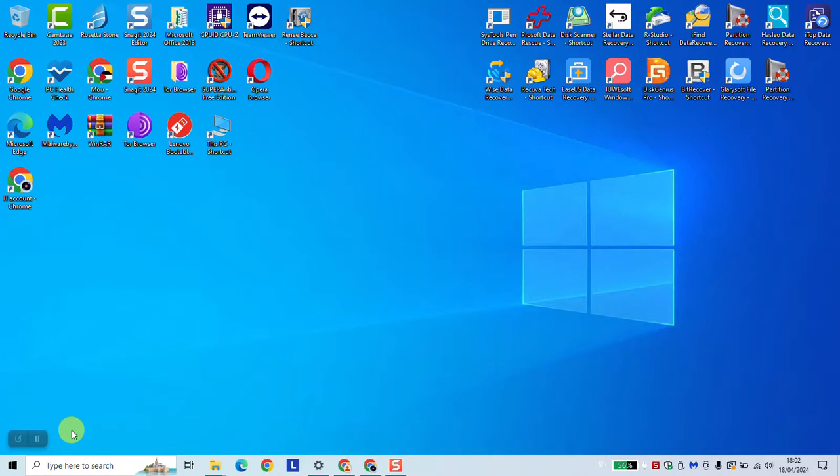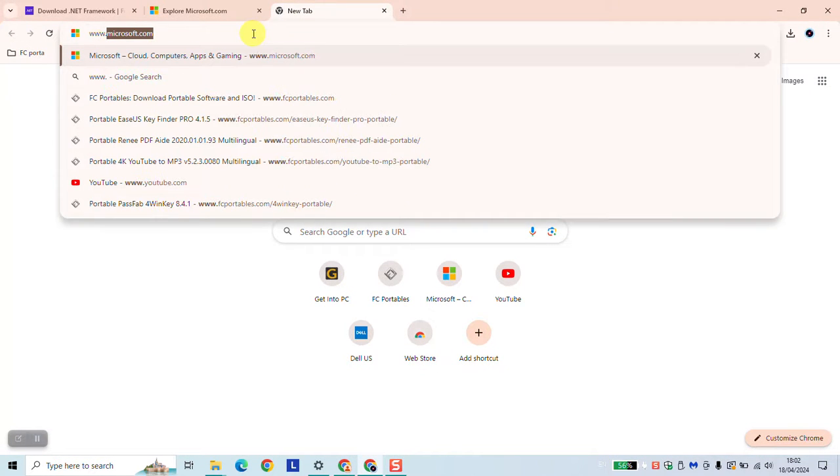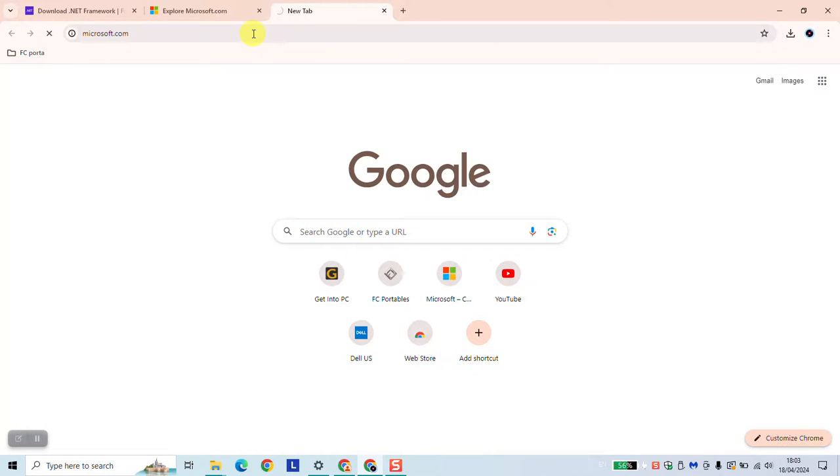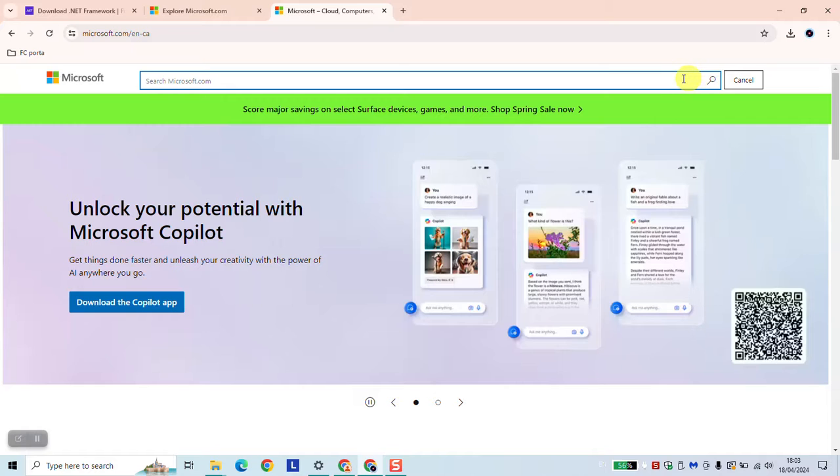In this video I will show you how you could download and install the Microsoft .NET Framework 4.6.2. To begin, you will need to open your browser and type www.microsoft.com. Once on the official website of Windows, you want to click on the search bar and type .NET